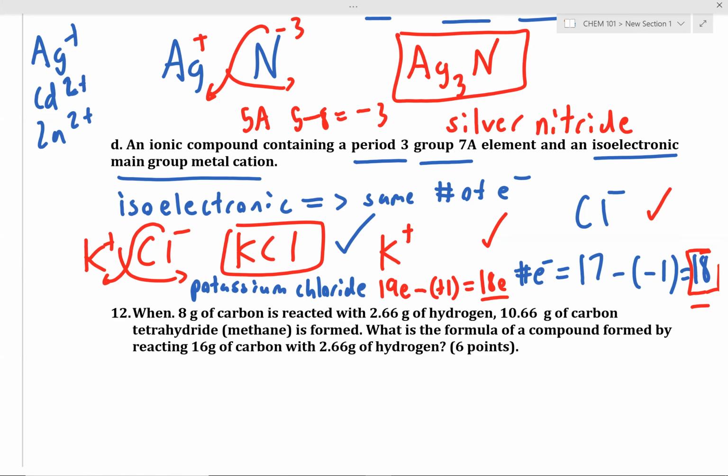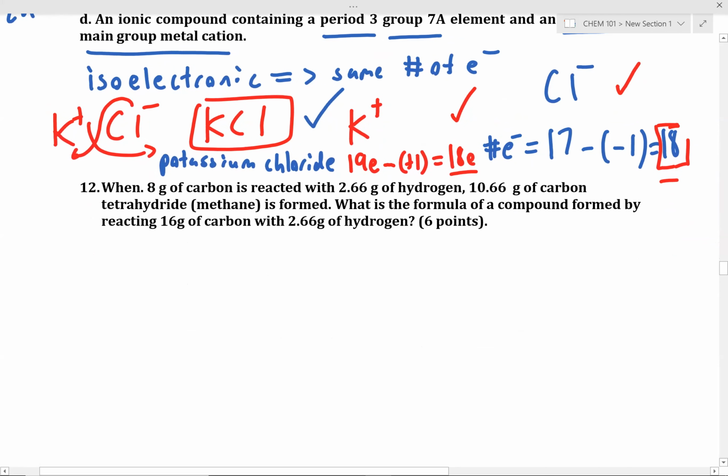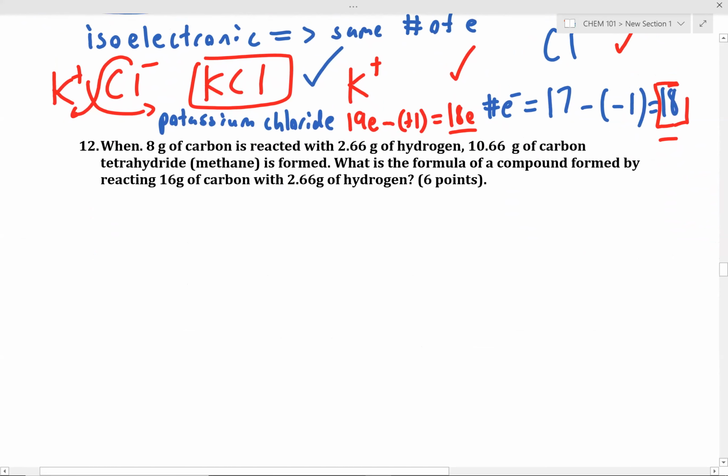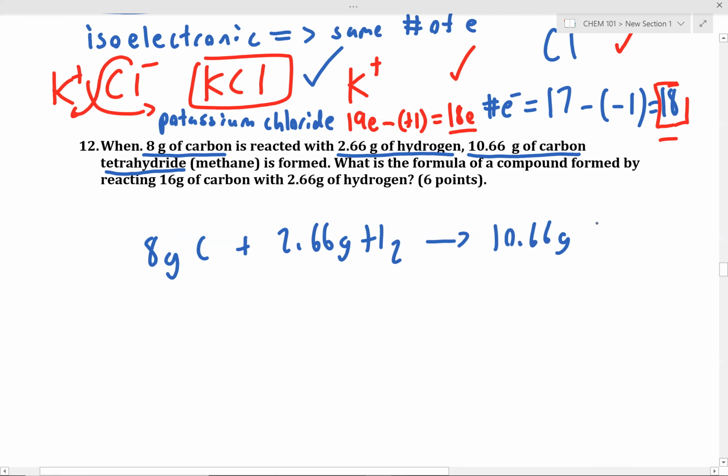Okay, now let's move on to the law of multiple proportions and the laws associated with chemical composition. So I'm going to write out and transcribe this word problem into some useful form. When 8 grams of carbon is reacted with 2.66 grams of hydrogen, 10.66 grams of carbon tetrahydride or methane is formed. So we have 8 grams of carbon plus 2.66 grams of hydrogen, and we end up with 10.66 grams of